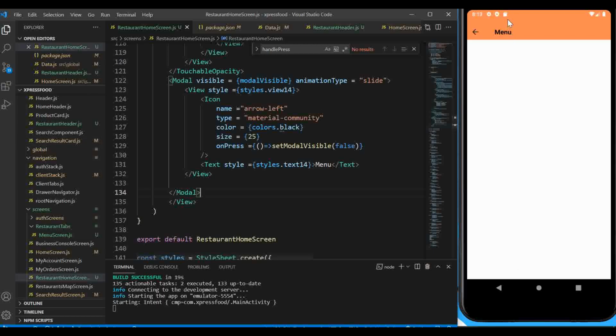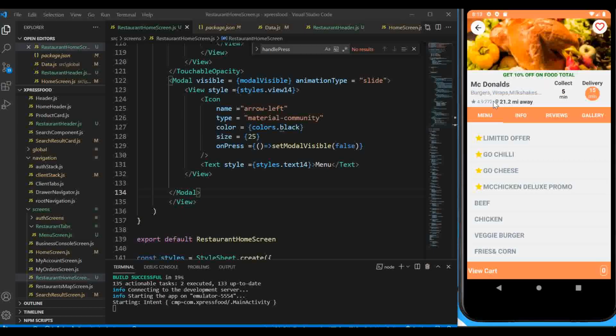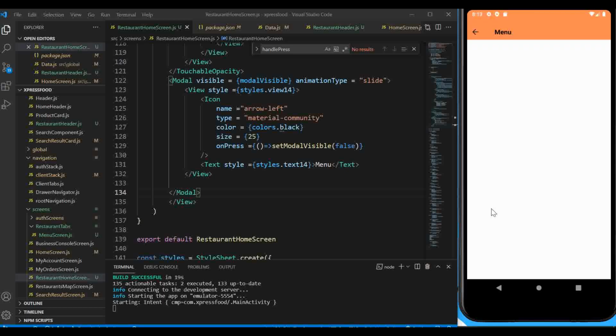Okay, this is looking great. We now have our modal looking like that. So if I click there, you can see it's taken us back. If I click on any menu, it opens that modal like that, which is good, which is awesome. All right,